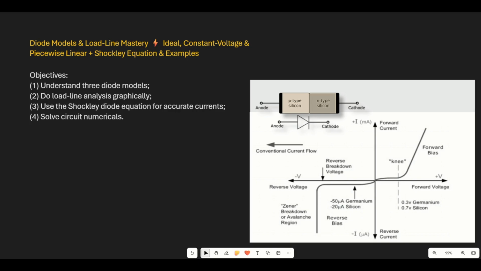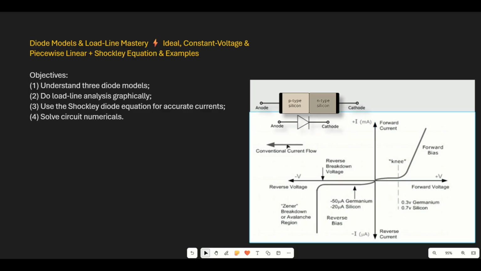Hello, welcome back. So today we are going to discuss the diode models and how we use them in our circuits. So let's begin. Small semiconductor, big effect. The diode is both simple and subtle. Today we'll learn the practical models you actually use in a circuit and why each model exists, and how